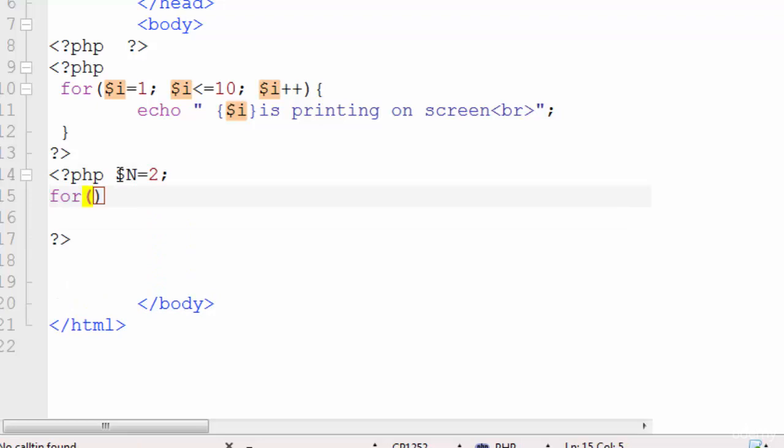So we need one more variable that will be an iterative variable that's going to help us to define the loop. So in this case, I equal to 1, I less than or equal to 10, and I plus plus, so that our loop will iterate 10 times.